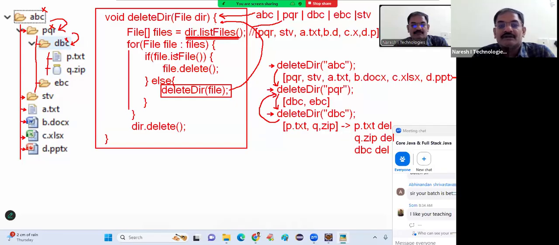Control: the for loop is iterated. Tell me, inside the pqr for loop, at the second index, what is there? ebc. Now tell me, is ebc a file? No. Then go to the else block. Then in the else block,